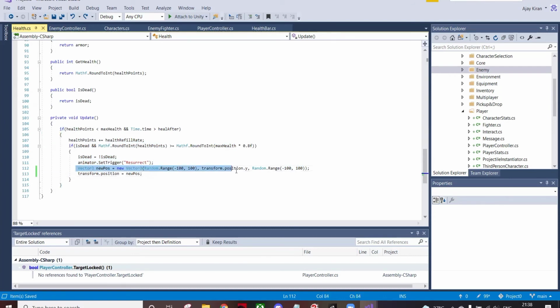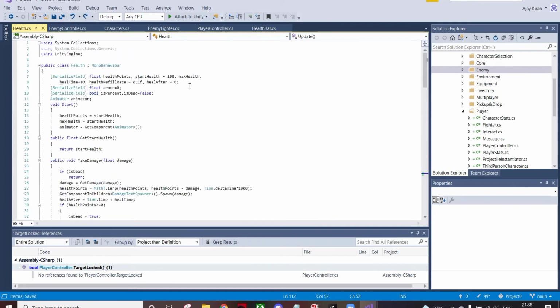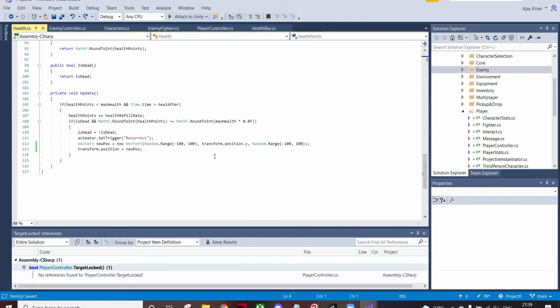we are just gonna make a new position for the enemy to move towards once it's got to 80% of its health, and then just set the transform dot position of the enemy onto the new position. Here we are going to use Random.Range, and for using this we are going to need using UnityEngine at the top. So this is just going to set a random position on the X and Z axis for the enemy to transport to